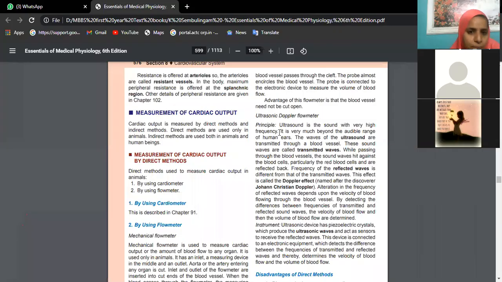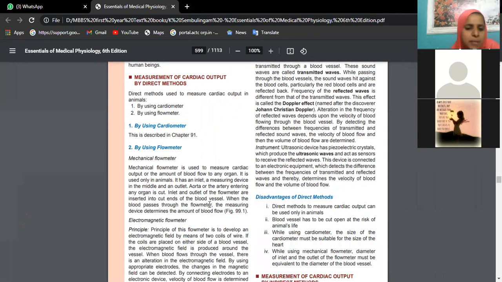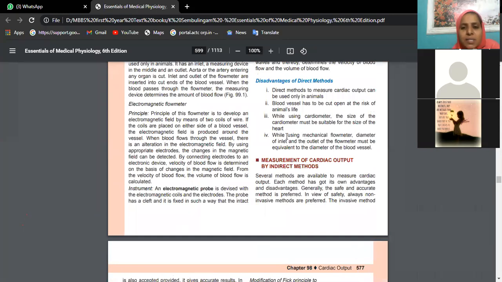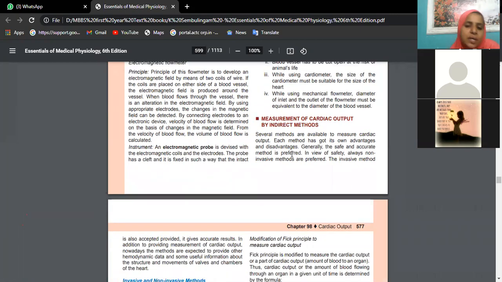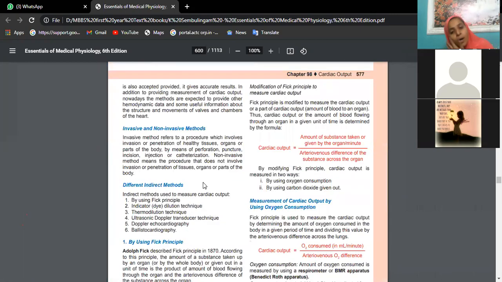Okay. See, this is for 2 marks, measurement of cardiac output. See, we have two methods. I told you, like we can make use of a cardiometer or flow meter, just names you give. Then direct methods, directly we can introduce a catheter into the heart as though it is open heart surgery. We can usually use this method in animals, but due to certain ethics not to harm the animals, this technique is no more used.